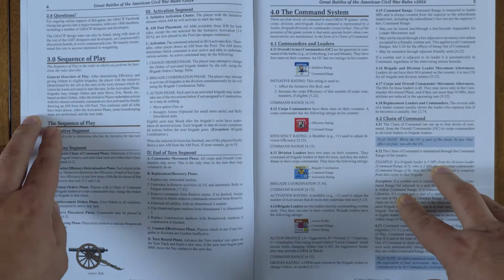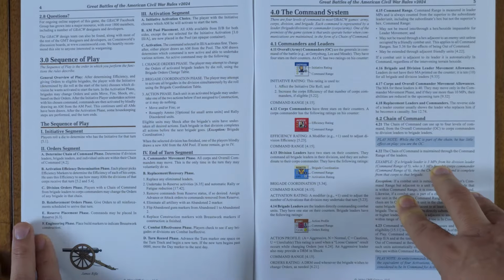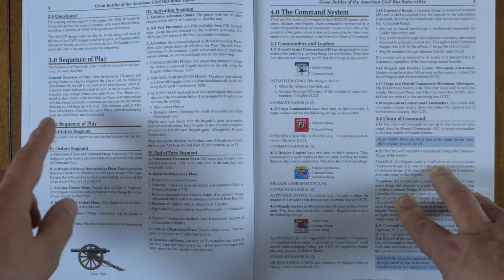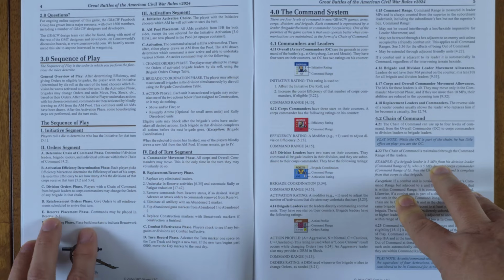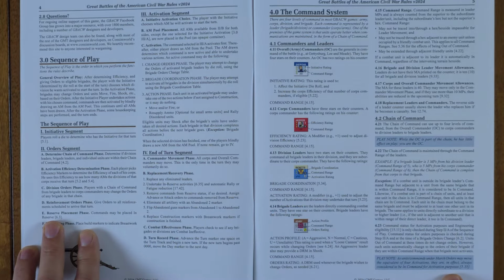Sequence of play. When you do have any questions, you can contact GMT. Sequence of play. You've got the overview. Okay, so the overview says, after determining efficiency and giving orders to eligible brigades, the player with the initiative, which is determined by a die roll,